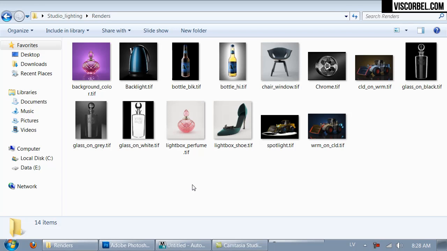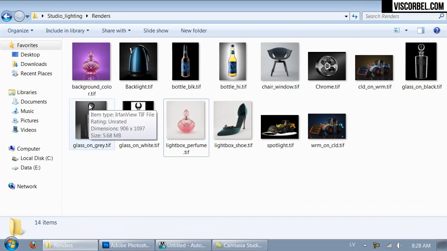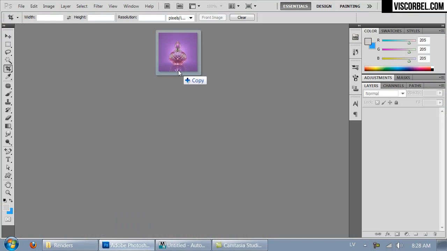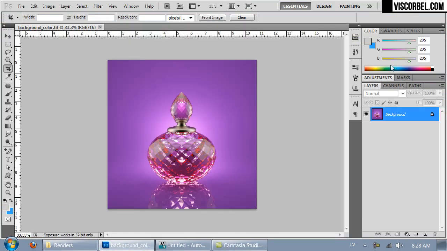I have rendered out my final images and we are ready to do some post-processing in Photoshop. Well, let's cover each one. Let's start with this colored perfume bottle. I'm just gonna open it in Photoshop,